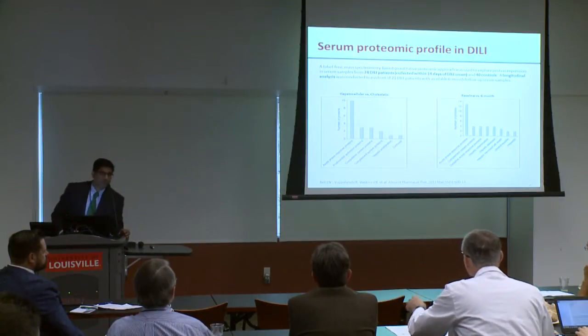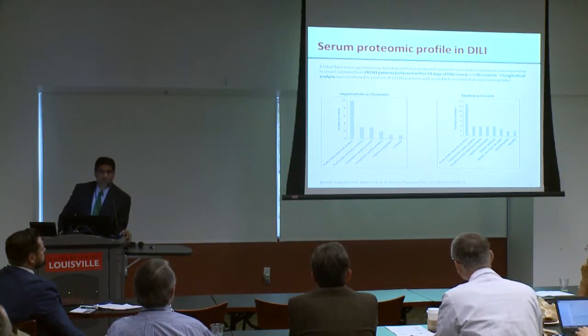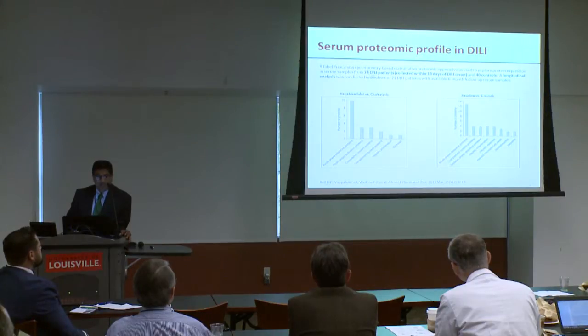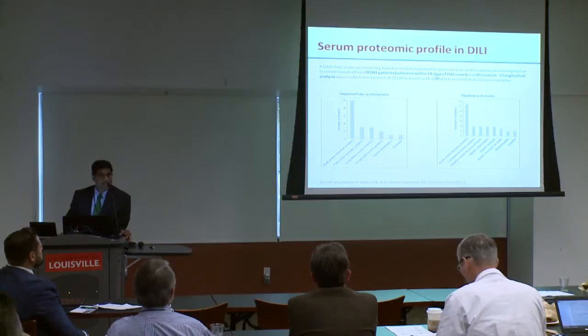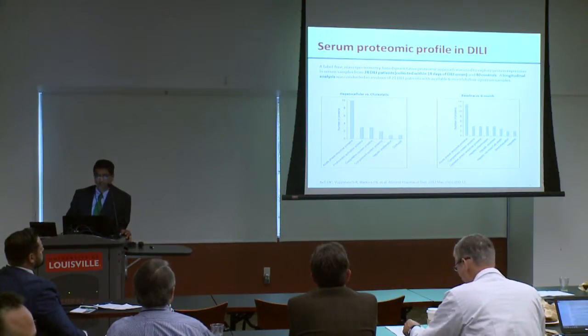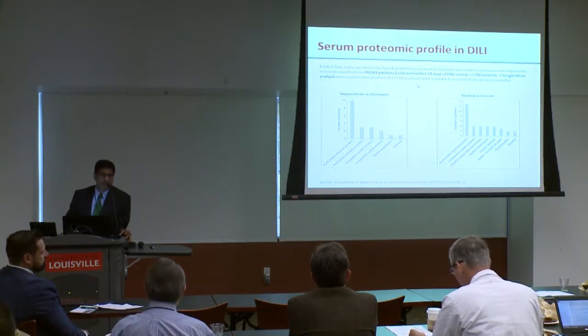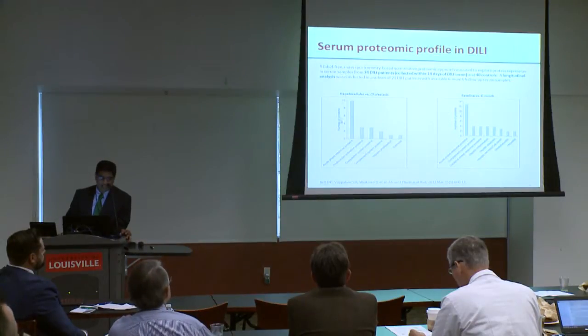We also looked into the serum proteomic profile in people who have drug-induced liver injury. We used label-free mass spec in 74 drug-induced liver injury patients, with blood collected within 14 days of liver injury. So these were like hot cases of liver injury, with 40 controls, and we had follow-up data 6 months later on 21 patients. So we were able to do a global proteomic study, and we saw